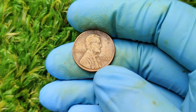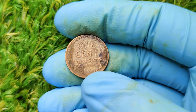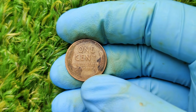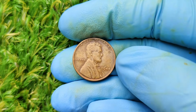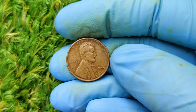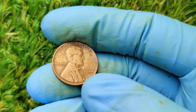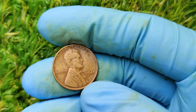So the next time you come across an old jar of pennies in a drawer, a dusty box of coins in the attic, or spare change from a family estate, it is worth taking a close look. You might discover that what seems like an ordinary coin is in fact a hidden treasure. With the right condition and the right grading, the 1944 no-mint mark Lincoln wheat penny is capable of reaching staggering values. And for one particularly high-grade example offered at public sale, this wartime cent achieved an astonishing price of